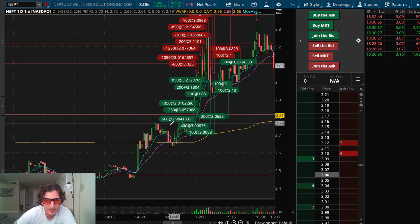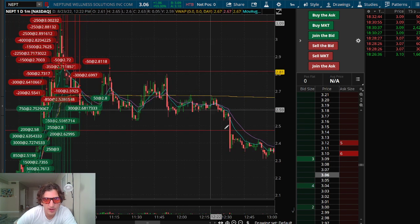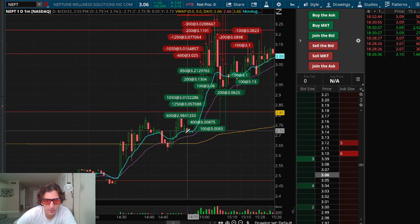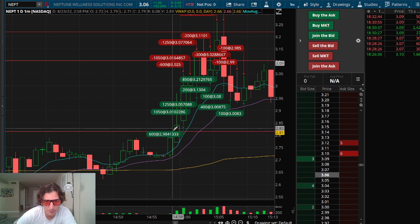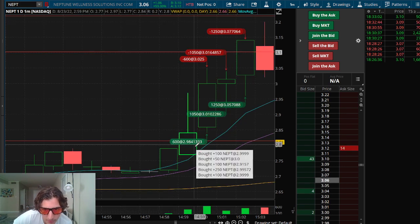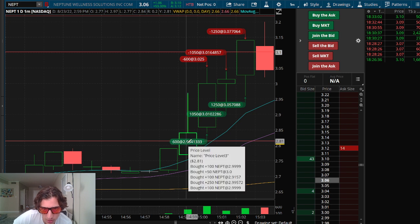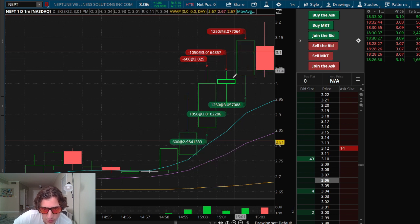And then at the power hour, looking for the break of the previous high at 310. So the first pivot is at $3. Once we popped up and held 280, this is when I took the starter down here at, oh no, 291. Yeah, so 291 for the retest of $3, adding through $3, taking off by 302, getting back